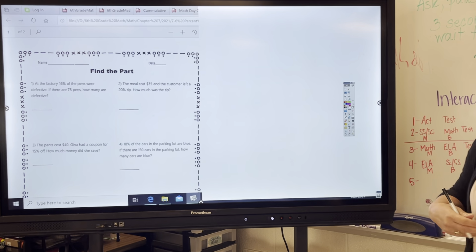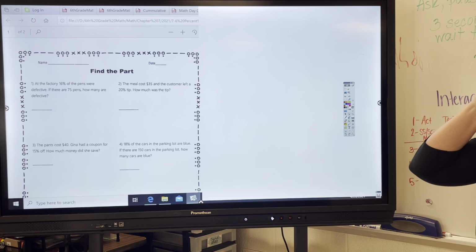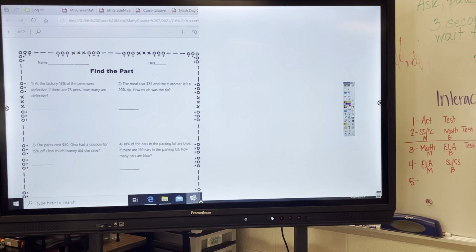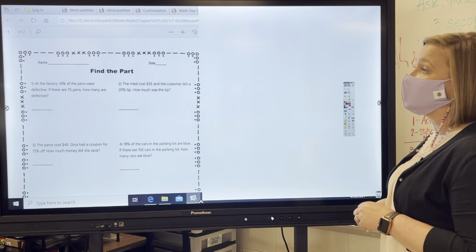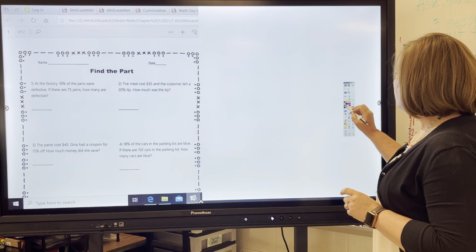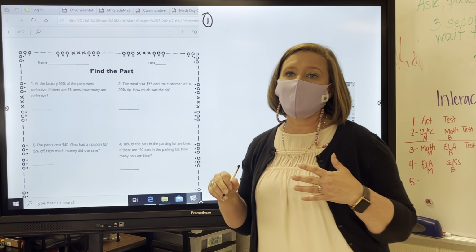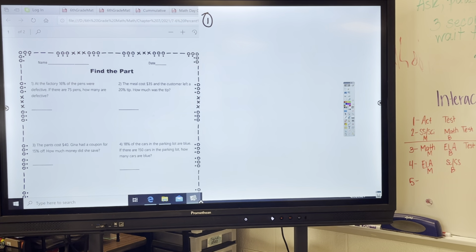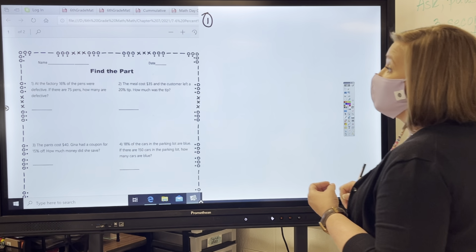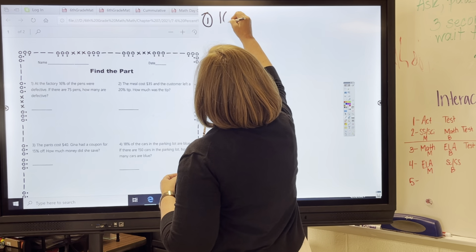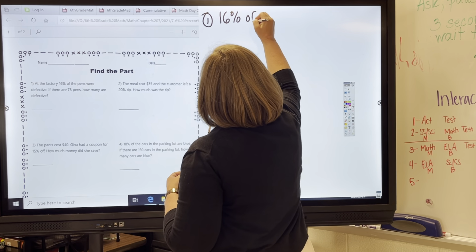All right, so the first one says, at the factory, 16% of the pens were defective. If there are 75 pens, how many are defective? So, on your scratch paper, if you are using your scratch paper, please number your work, okay? Please make your work neat. I am not going scavenging for your scratch work. Make it neat. So, we've got 16% of the pens